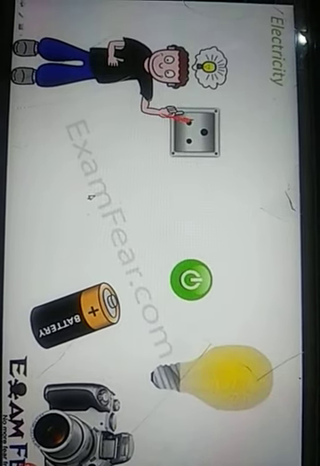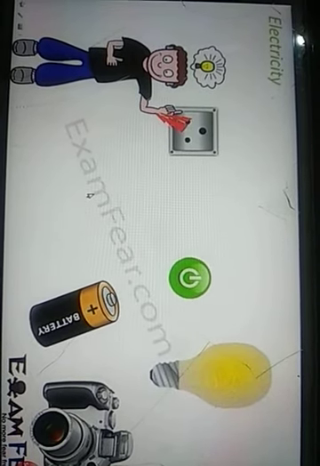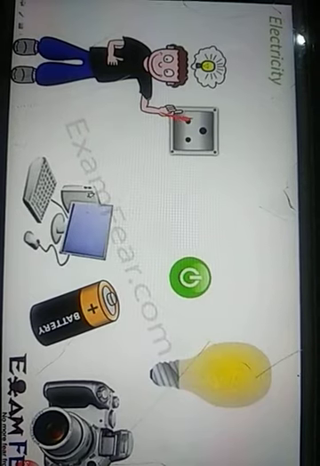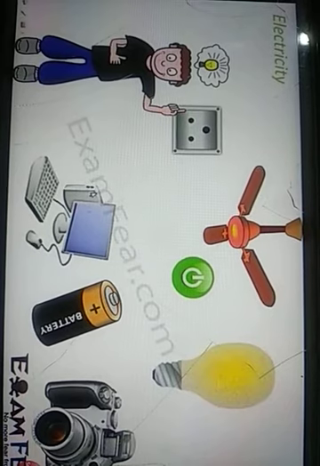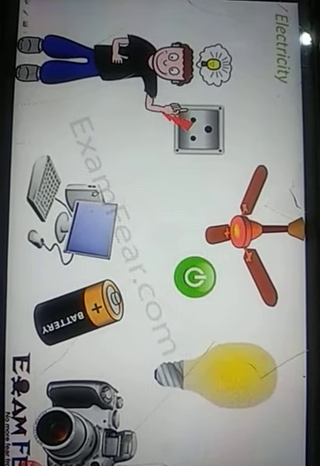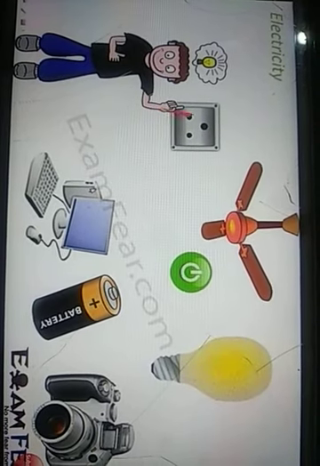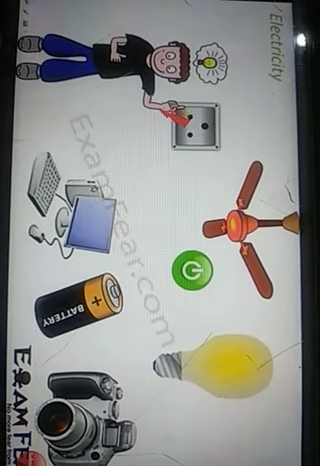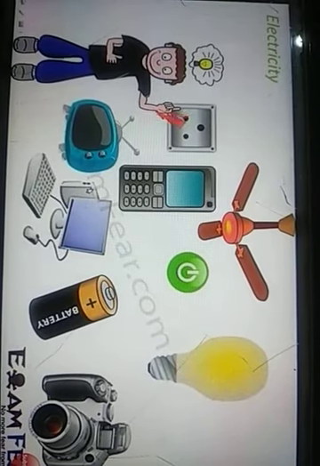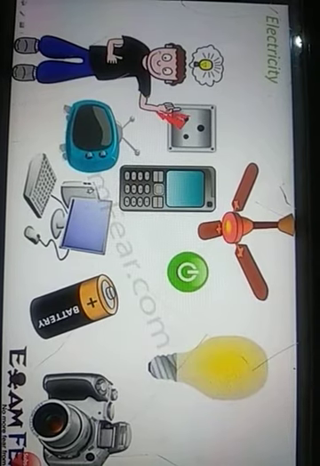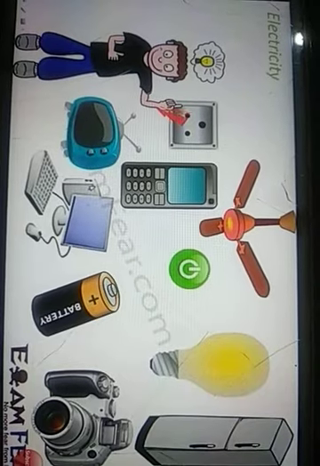Batteries are very important, and in a way batteries have brought about a revolution in modern technology. Think of your computer, think of a ceiling fan. When you switch it on, the fan moves. That's because of current flow in the fan. Think of the television, the transistor, the mobile phone. All of them make use of things where electric current plays an important role.